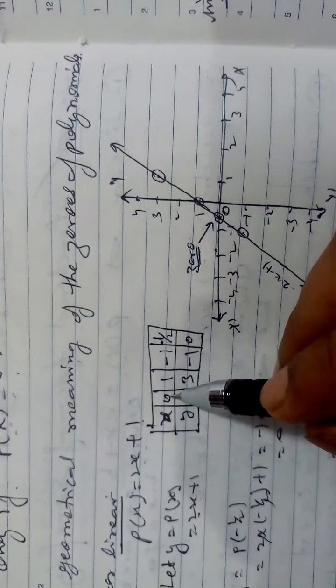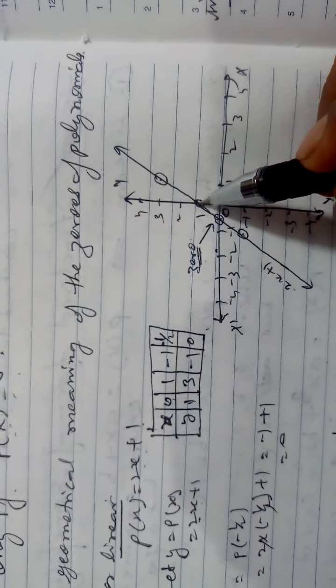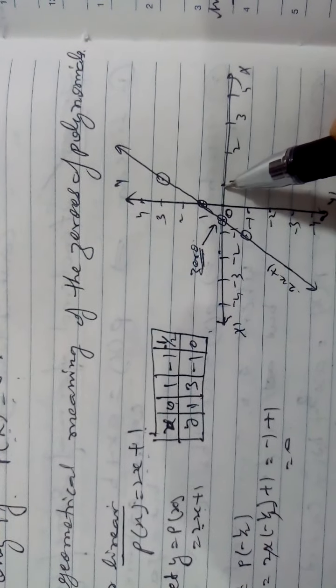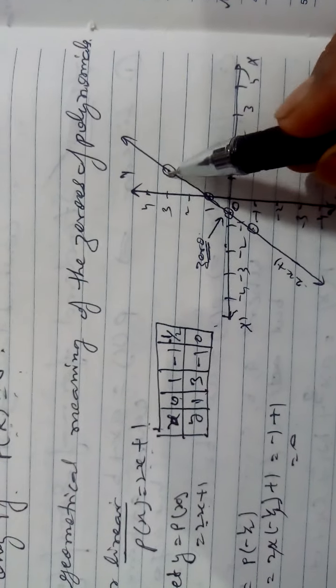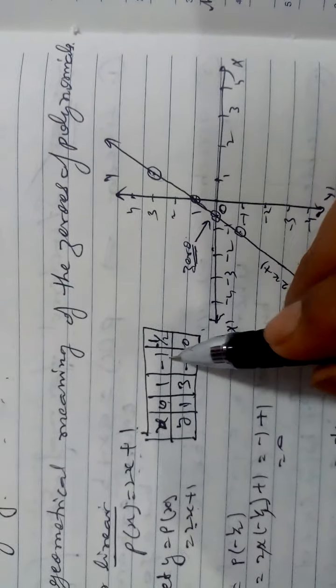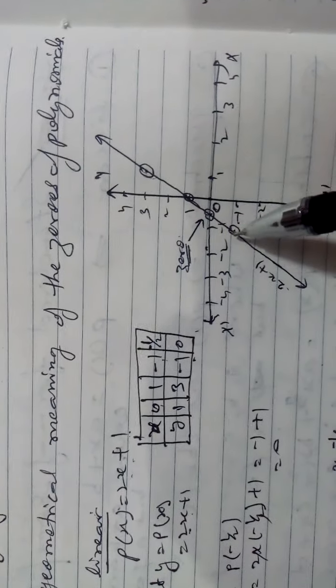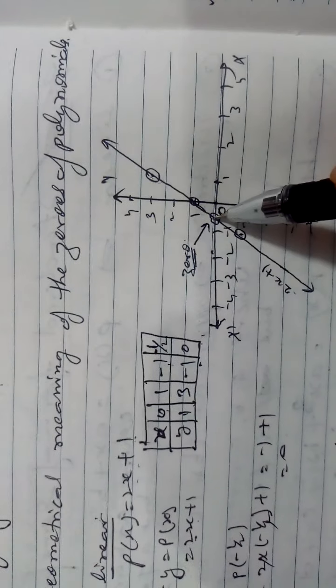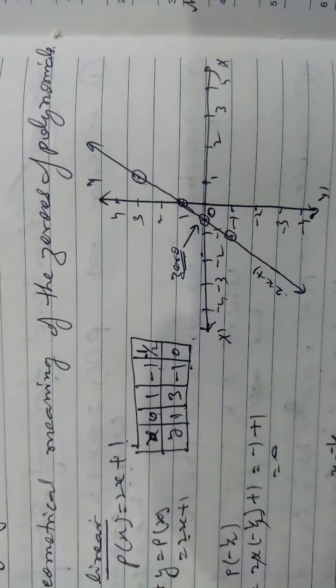Then draw the x and y axis. First coordinate is 0, 1. Second coordinate is 1, 3. Then here at 3, we will put the dot and circle. Last, minus 1 gives minus 1, so minus 1 here, dot. Minus half gives 0, so minus half here. When you plot the